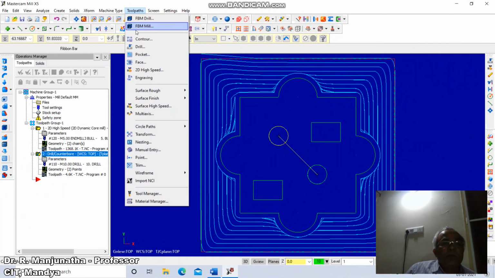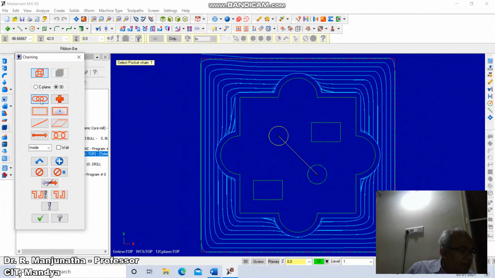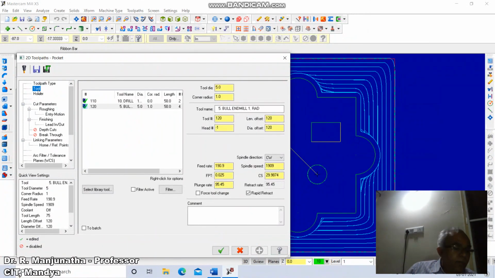Again go to click on tool path. Click on pocket. Click on chain. Click on top line entity of this square, of course inside. Click on OK. Click on 2D pocket. Click on tool.